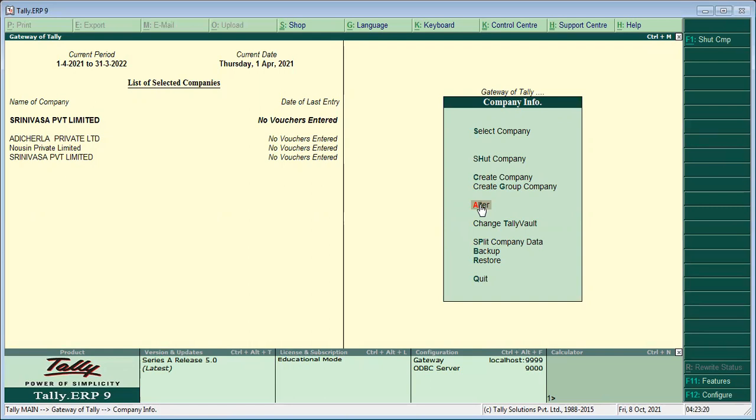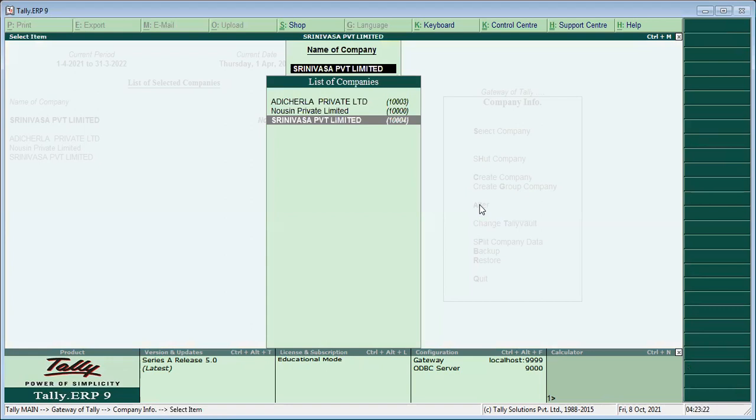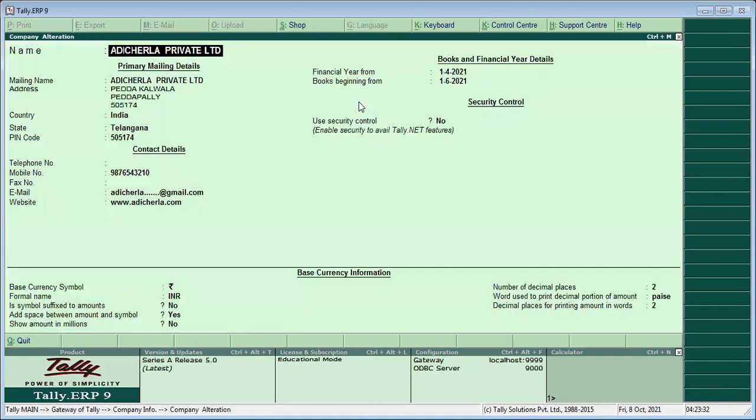So alter, select the company which you want to edit. For example, Adicharla Private Limited Company I want to edit. Just press enter. The company will be in edit mode.